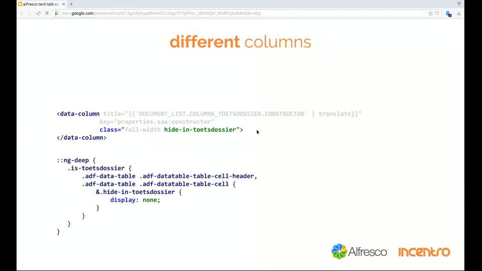So we added some styling to be able to display none on the hide in test file. Be aware that this is SCSS styling, so nesting is possible. One interesting thing here is the ng deep,